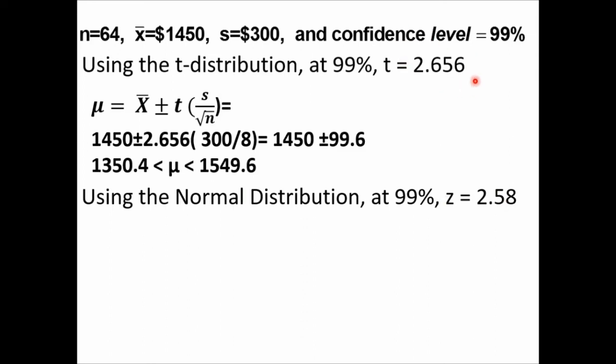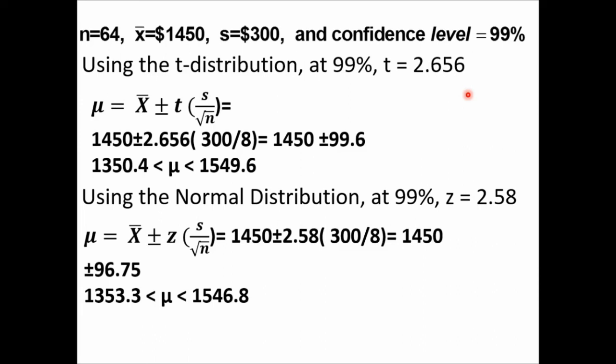Notice it is less than the t statistic, and the estimation was that mu is from 1353.3 to 1546.8. And as you can see here, using the t distribution, our estimation is wider, meaning we have a wider range of mu estimated